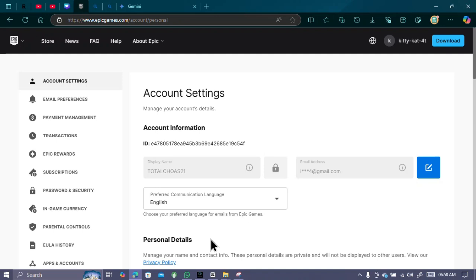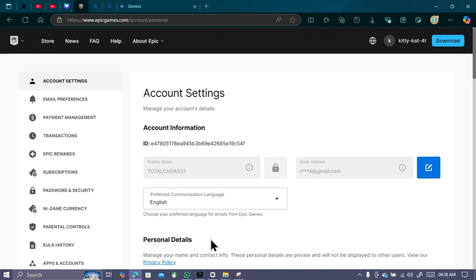Fortnite. Now to change your payment method on Fortnite, what you do is that you log into your Epic Games account, which is where I am right now. So from your preferred browser you type www.epicgames.com. You can also do that through your Fortnite game. So you log into your Fortnite game or through the Epic Games website, which is exactly where I am, Epic